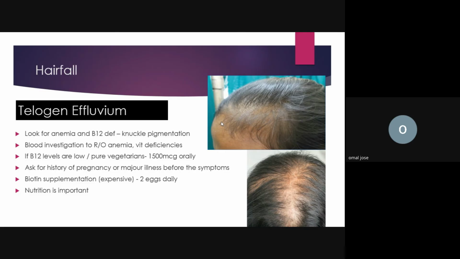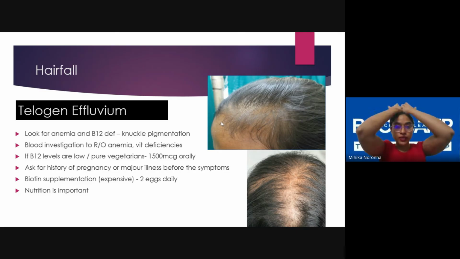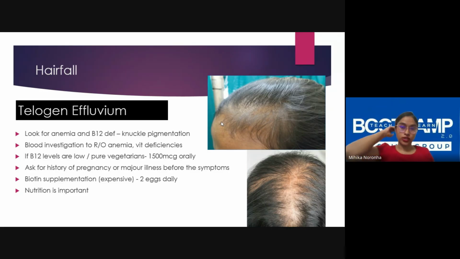Okay, so in the top picture, all the hair is thinned out. But in the bottom picture, you can see the widening of the midline. The top picture is classically what you see in telogen effluvium. That is the entirety of the hair will thin out. Now, see what I'm doing. I take a bunch of the hair in my hand and I give a good tug. If I do it here and on the sides in at least 10 different locations, and I get hair in my hand, that means telogen effluvium. It's either nutrition, or they've been pregnant, or they've had a surgery or some major illness.